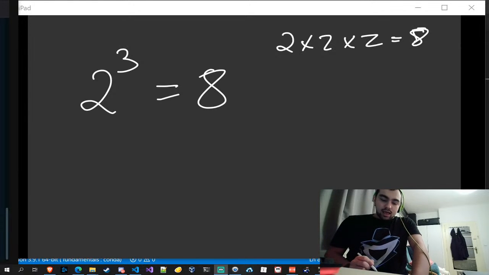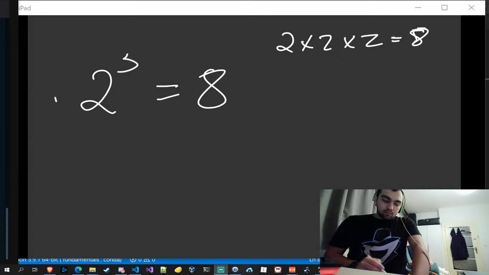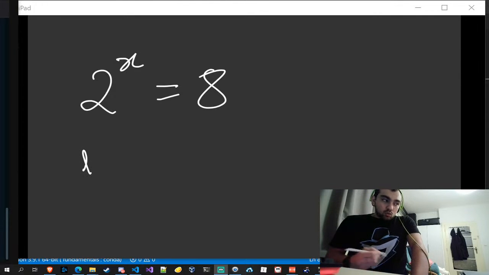Right? Now, let's say you didn't know this. You have 2 to the power of something equals 8. Let's call it x. But you don't know what x is. Here you can see that x is 3, but what if you don't know what x is? Well, the answer for what x is going to be is the logarithm base 2